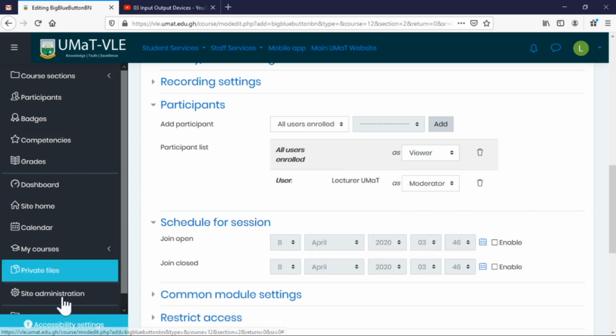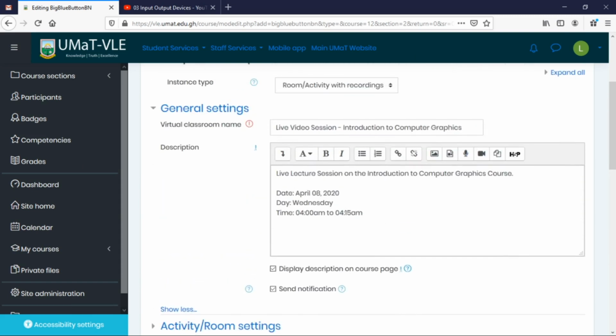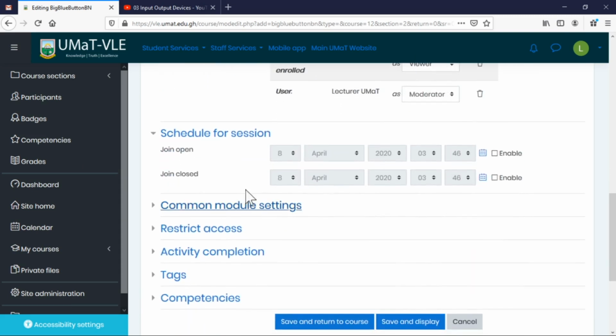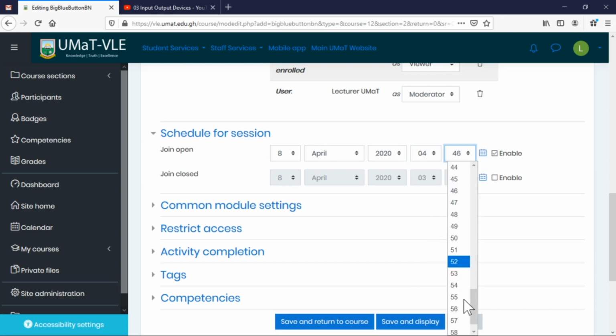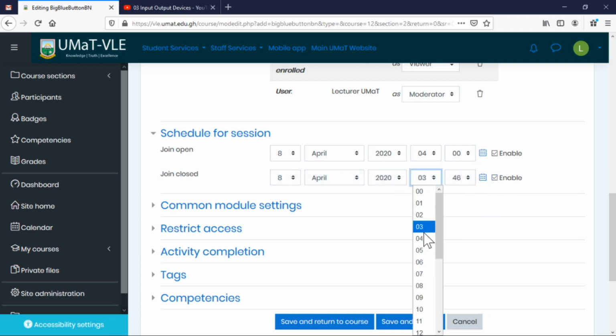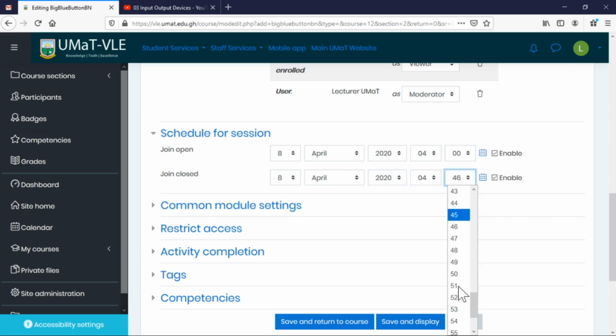Alright, so now we have to schedule the time that this course is going to hold on. Mind you, what we had here is just a description, but we need to schedule it for it to actually process behind the scene. So to do that, I'm going to schedule the 8th of April at 4 a.m. and it's going to end on the 8th of April at 4:15. Let's make it 4:10 to make it